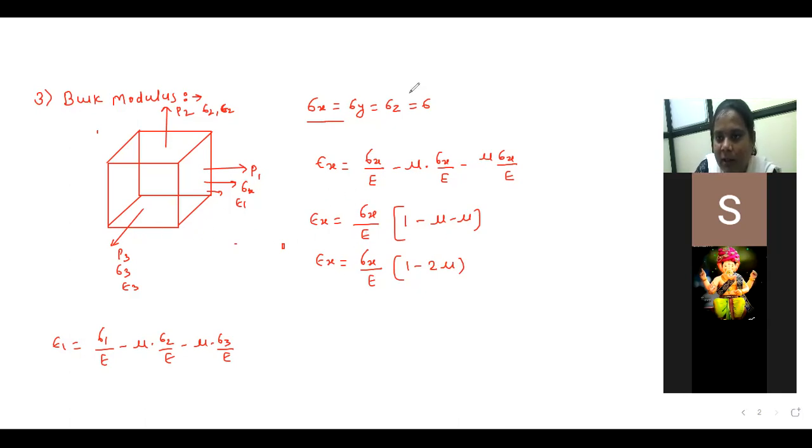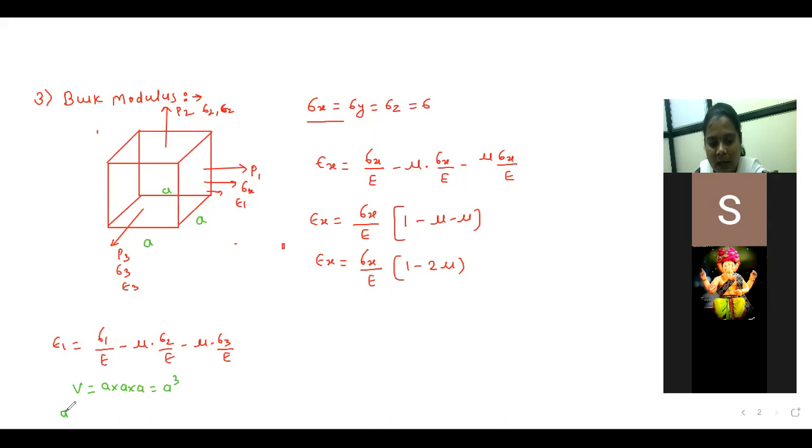Now we will see, suppose these are the dimensions of this cube. The width, length, and height are A. Now you have to calculate the volume. So V is equal to, how to find volume? A multiplied by A multiplied by A, which is equal to A cube. This is the volume.